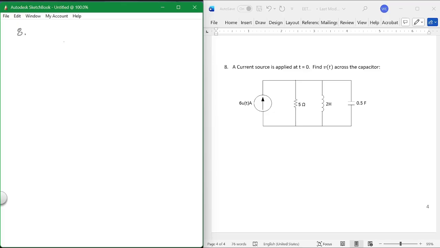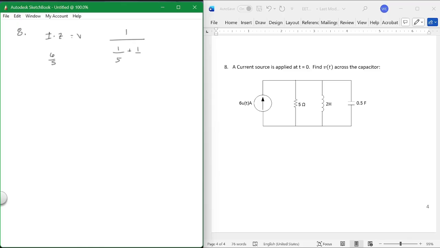So find the voltage. The voltage is equal to what? I times the Z or the R. So if you can find the I and you can find the Z, you're in. That's equal to the voltage. So the I is 6 over S. Everybody agree with that? And then the Z is equal to 1 over